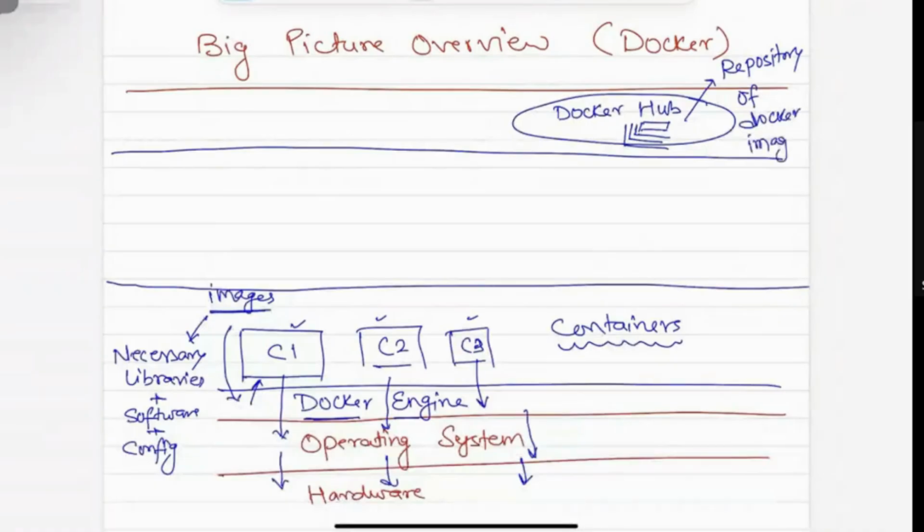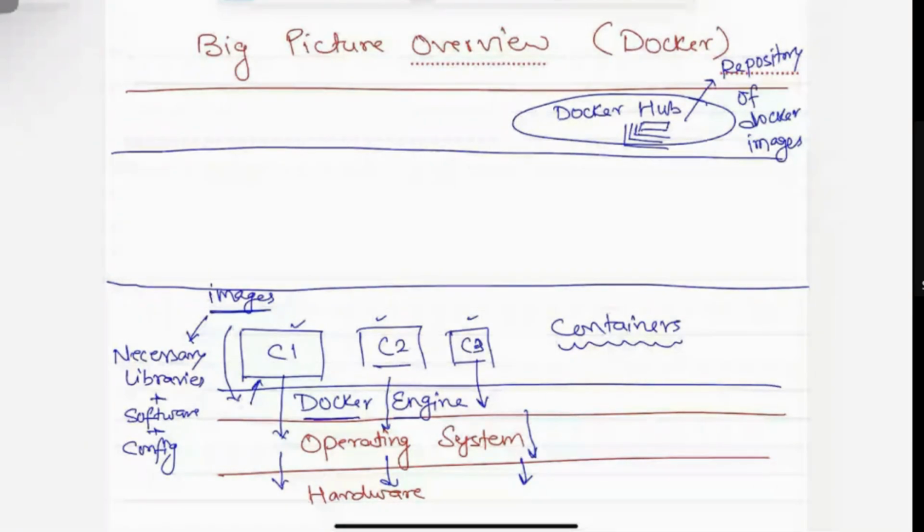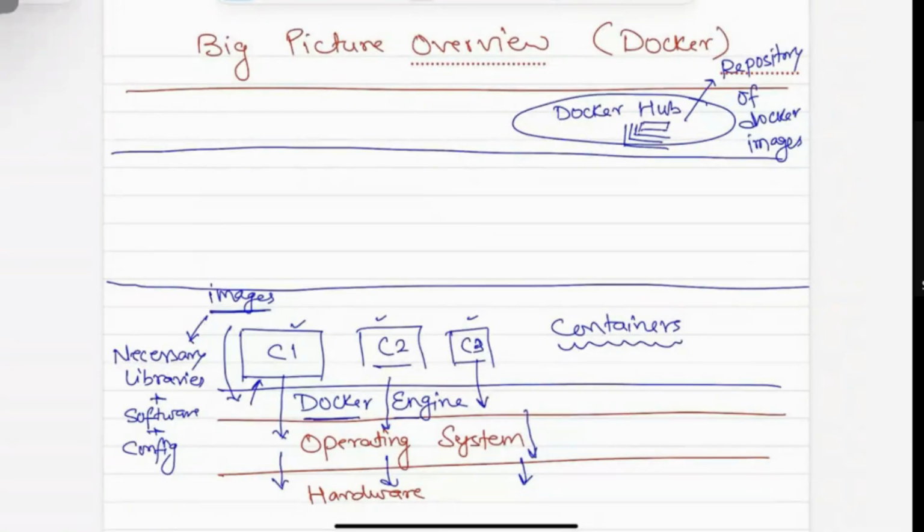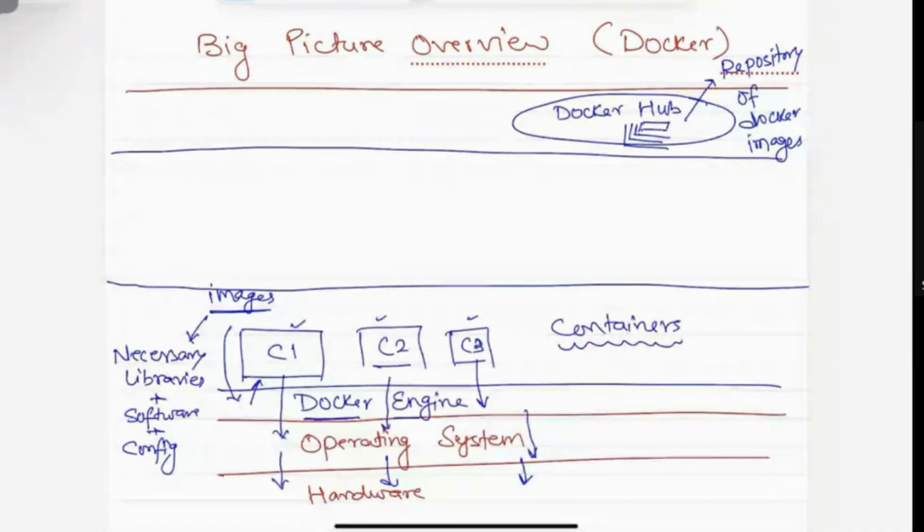Any image you name today, you want an image of Java, Node.js, or MySQL, companies create those images and push them to Docker Hub, because for them also testing becomes easy, development becomes easy, and trial becomes easy. If they want somebody else to try their software, it becomes very easy to do. So this is called Docker Hub, where pre-created images are there. We can also create our own images and push them there. There is a process to do that also.